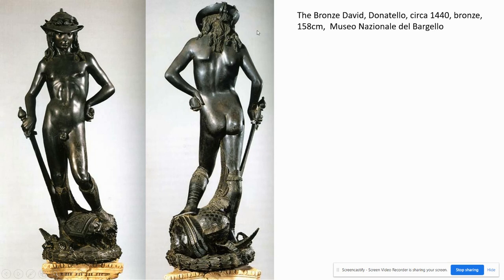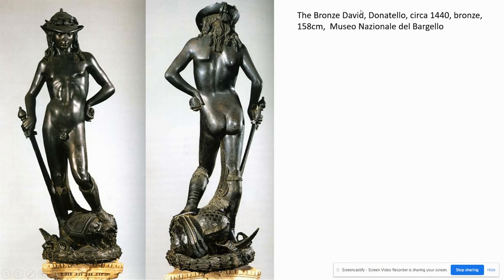You guys all know about the Big David in Italy. He's, I think, 17 foot tall. But this David, the Bronze David, is shorter than I am, from the top of his head to the bottom of his thing that he stands on. So he's relatively small. And what's interesting about this David is his childlike nature, and also how feminine his stance is. So typically at this point in sculpture, the men were presented as very, very masculine,